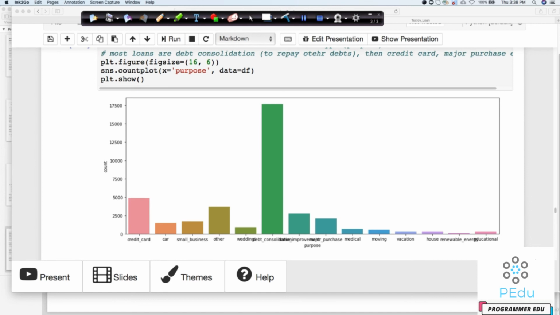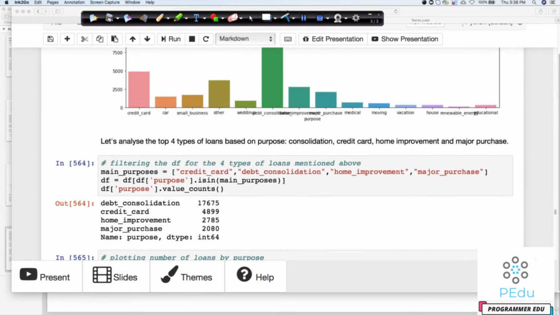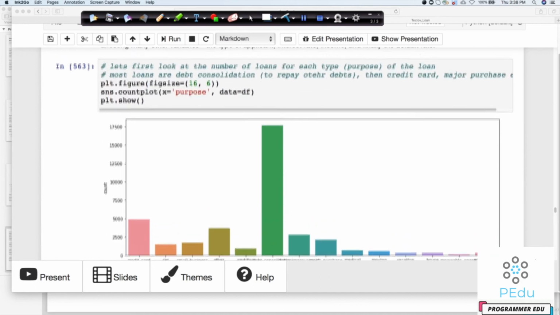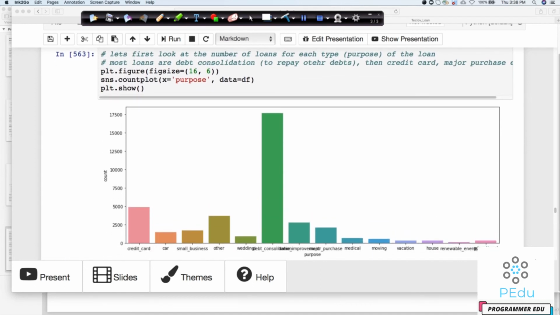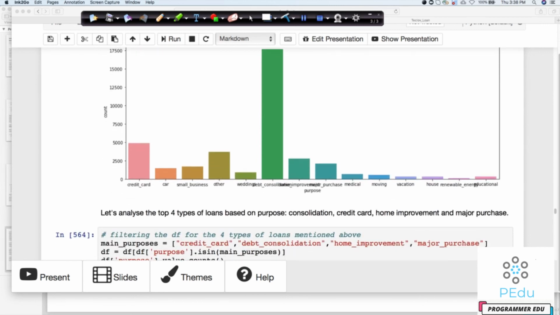When I plot this, we notice that for debt consolidation, which means paying off other debt, there is a high chance of risk. They are the ones who are not paying often, and they are the risky customers for us. So we figured out there are four which are higher. One is debt consolidation. Second is credit card. This is also higher. This is not coming very clear, but it is actually major purchase which is impacting it. And there is also home improvement, which is not very clear, but it is going to show up here.